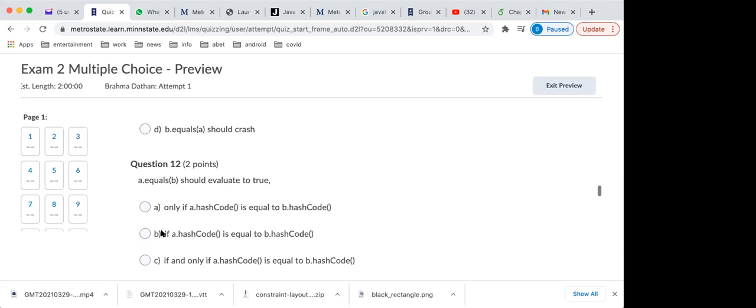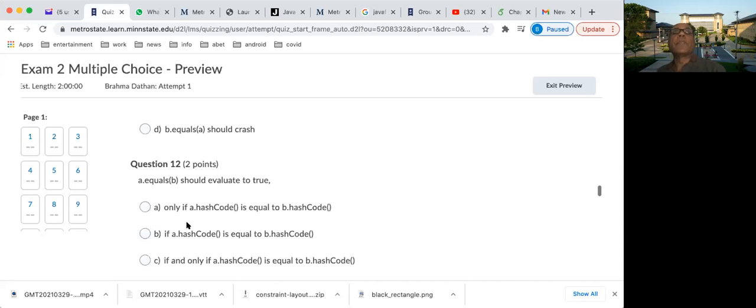Am I reading it wrong? Isn't it exactly the same, except only if? No, only if means only if the other condition is true. I am sure you have seen theorems in discrete math which say something is true if and only if something else is true. Maybe I'll spend a couple of minutes talking about this. I think it is a frequent problem in this class. Students have